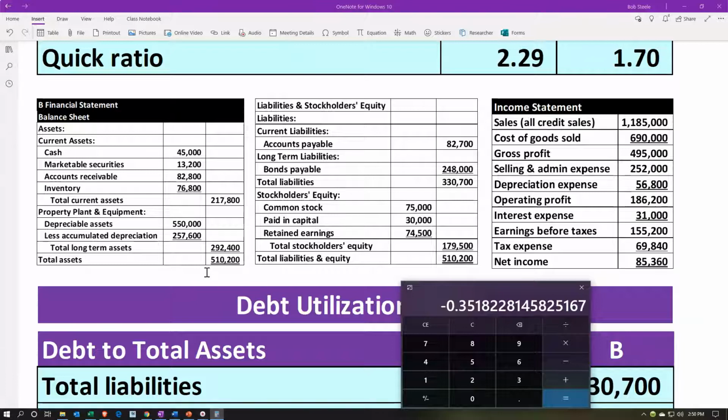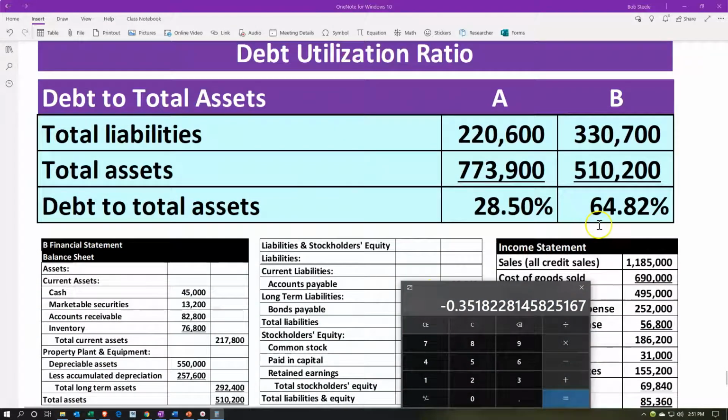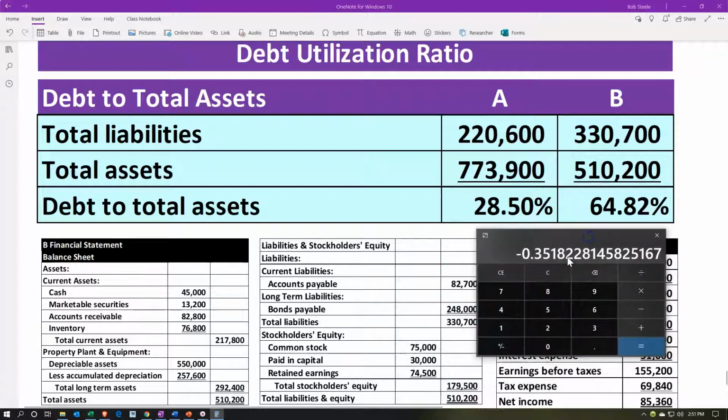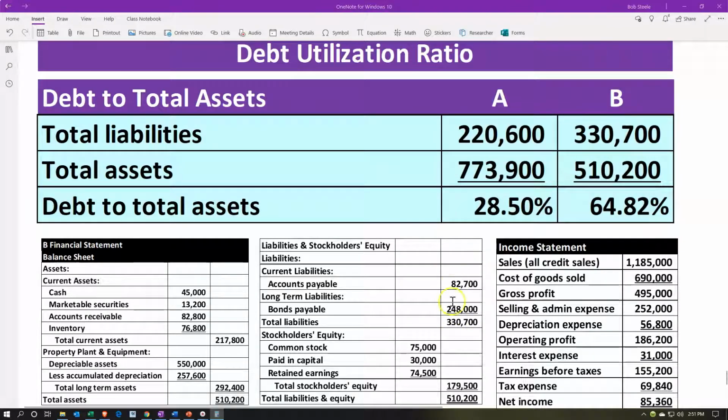And of course, you might need a loan at that point in time, and it would be difficult to get a loan because you'd already be leveraged. So it'd be hard to get a loan past that point. So 64% being on the liability side compared to the 35 seems high, and it's definitely high in comparison to A. And from a banking standpoint, if the bank was to give a loan, they would like the 28.5% here, more likely to give a loan to A